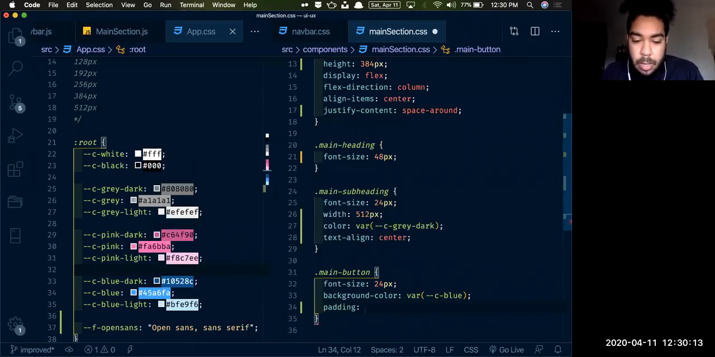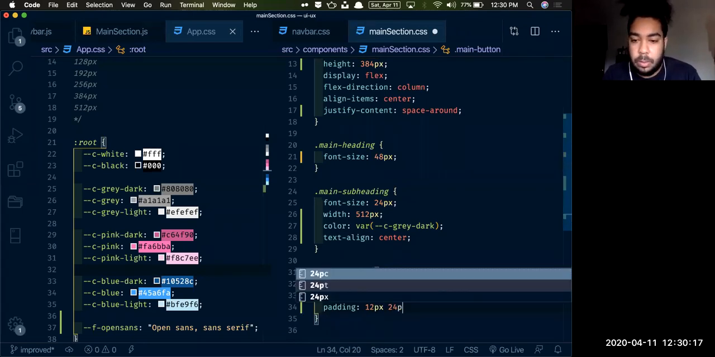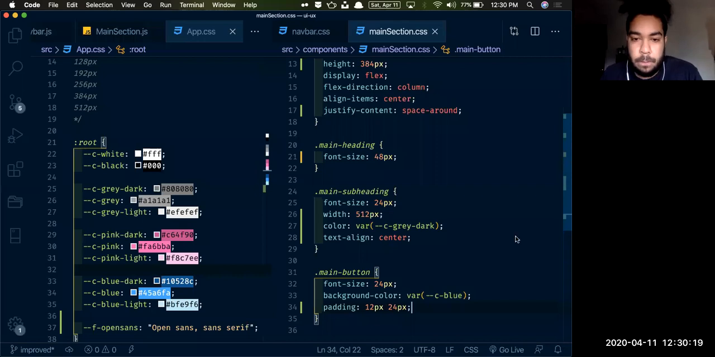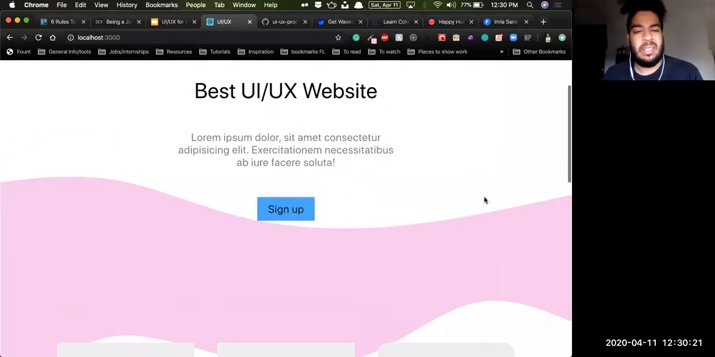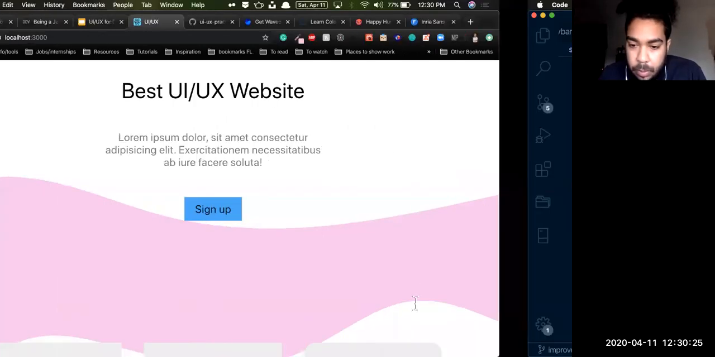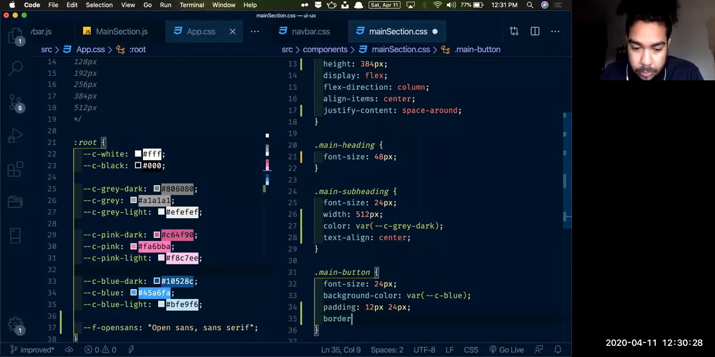Let's try on the top and bottom, let's try 12, and then on the sides, let's try 24. Let's see how that looks. Okay, I think that's fine. That looks all right. And as for border radius,